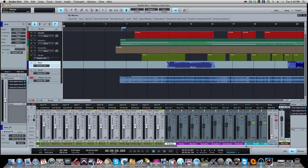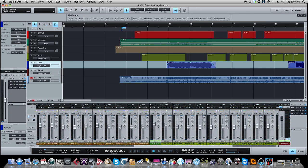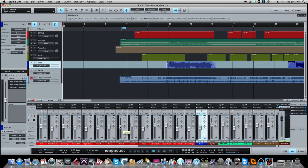But the point of it is, you don't want the master fader, in my mind, going above -10 dB when everything is playing back. So you want all the faders to be somewhere in the middle of the total throw of the fader, where the master fader's not clipping. So that's the next thing I do, is make sure everything is gain staged, so we're ready to start